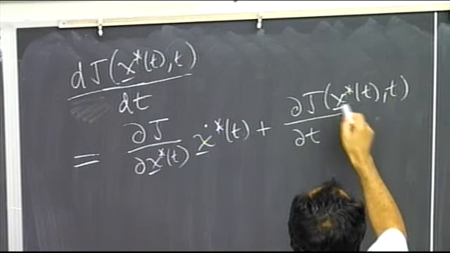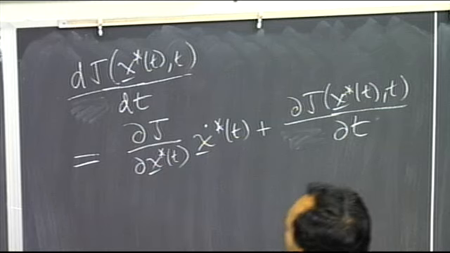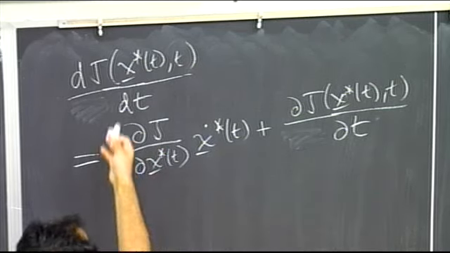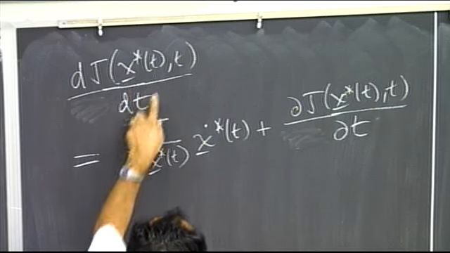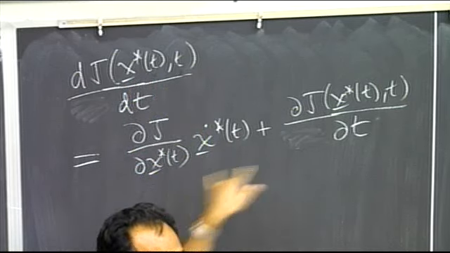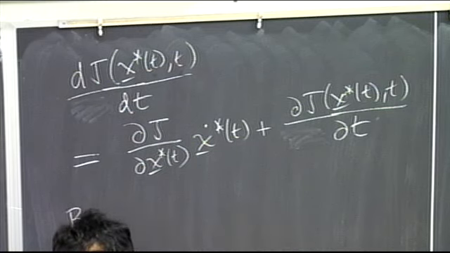I haven't done anything. I've just taken the total derivative, right? So there's nothing in here that's mysterious. The derivative here is a function of two things, right? It's a function of the derivative, because there's a t in here and then there's a t in there, right? So I've got two parts to this derivative, right? But we know that